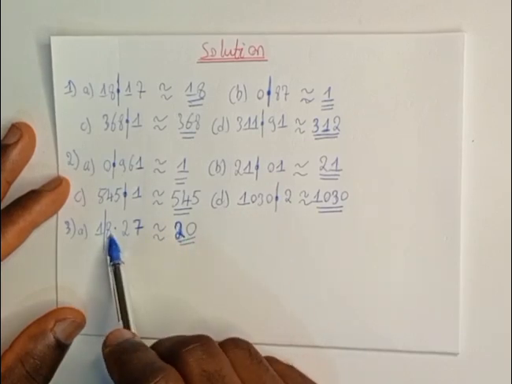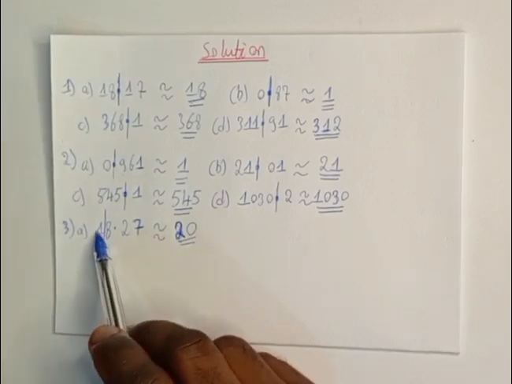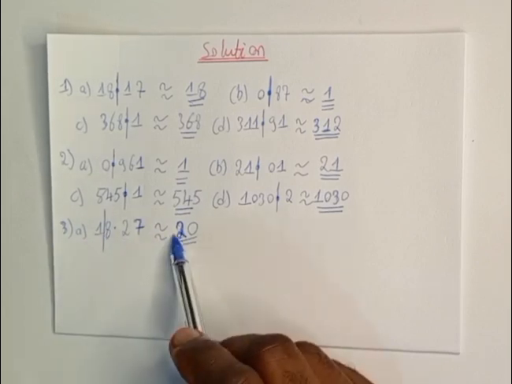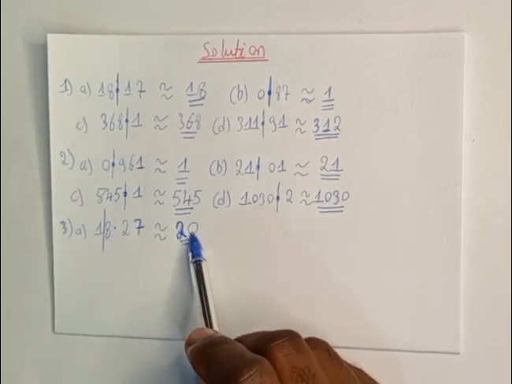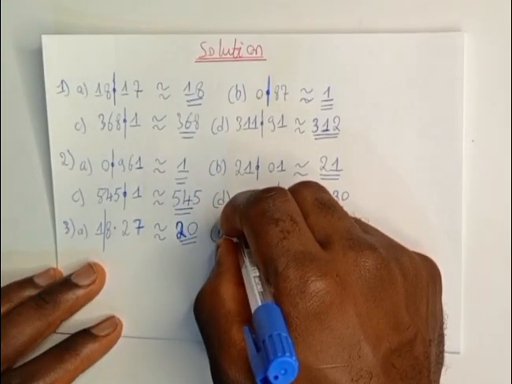Remember, we are just going to round up the 8 to 1. Since 8 is greater than or equal to 5, we add the 1 to this 1 ten. It gives us 2 tens. Then we replace the 8 with a 0. For question B, we have the number